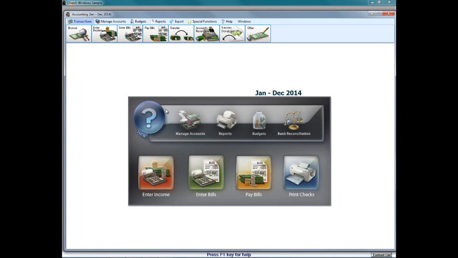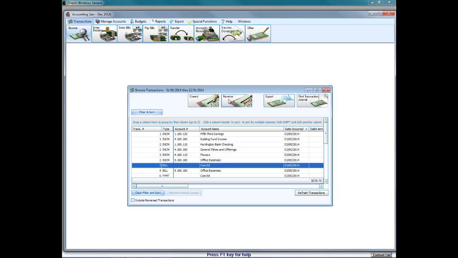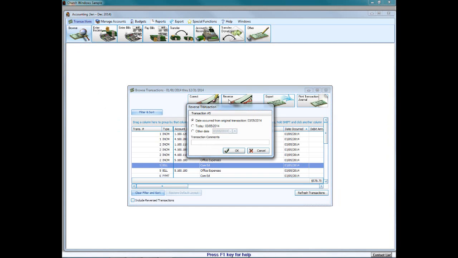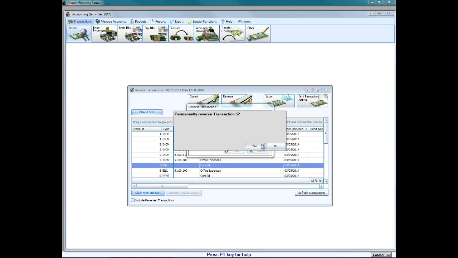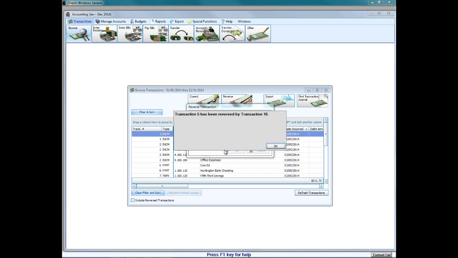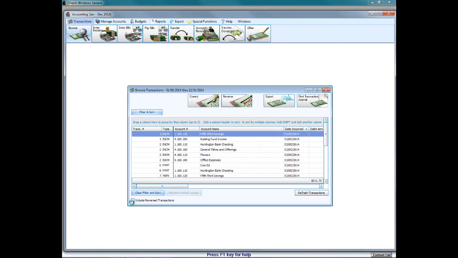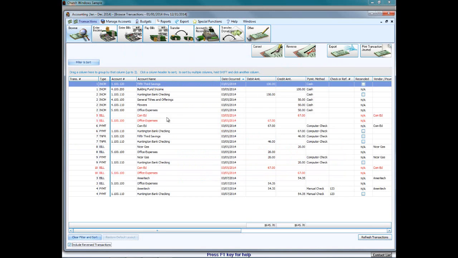If you look at the report and it legitimately is an extra bill that you need to reverse, you can go to Transactions, Browse in the upper left, come in here and find it, highlight it, and click reverse. And you can choose the date you want to reverse it as, and then just click OK. And now, if I were to lower left, click Include Reversals, we can see the original bill and then the